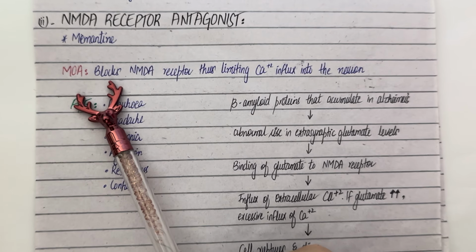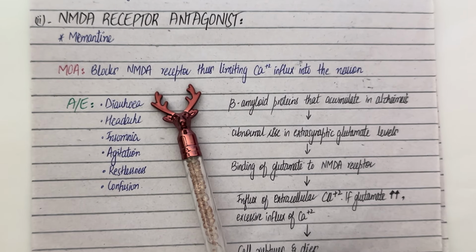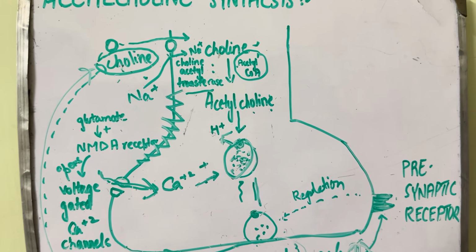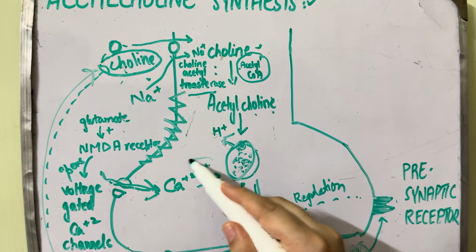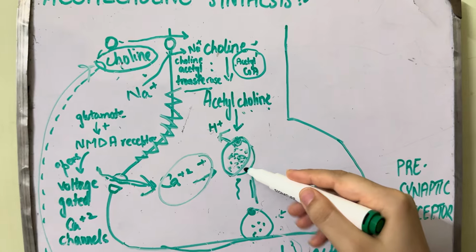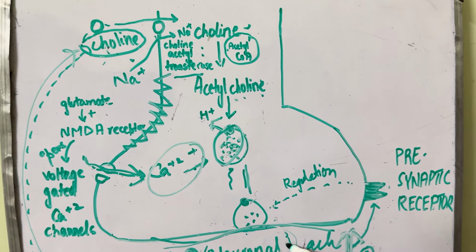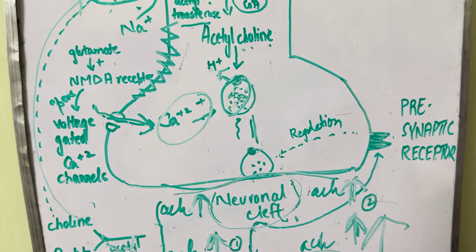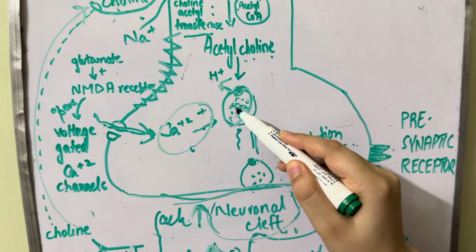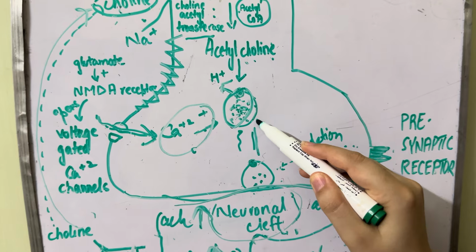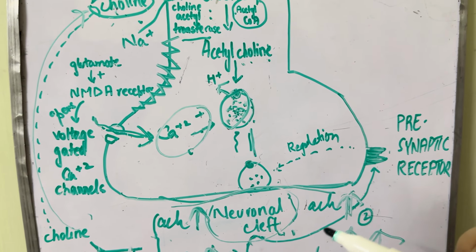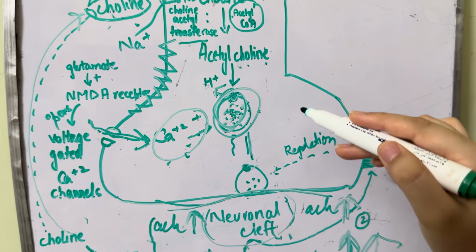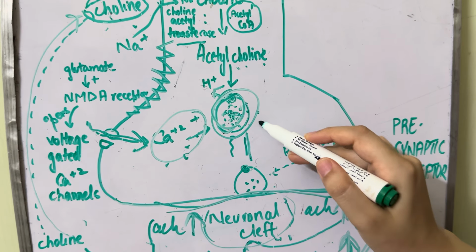Their mechanism of action is that they block the NMDA receptor, thus limiting calcium influx into the neuron. Now you guys must be thinking that the calcium influx is needed for the acetylcholine vesicles to fuse with the presynaptic membrane, thus releasing into the neuronal cleft. But normally we need a specific amount of calcium that stimulates the release of acetylcholine from the vesicles. But if excessive intracellular calcium is present, a number of processes are activated that ultimately damage the neurons and